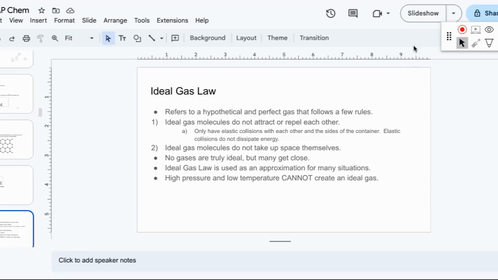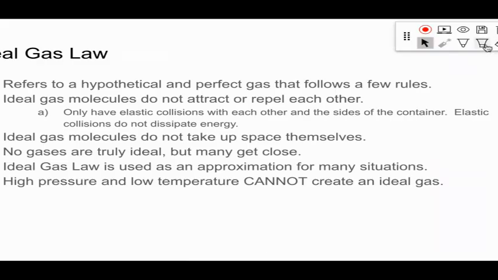The subject for AP is the ideal gas law, but I have to break this one down into a couple of days because AP involves a lot of different calculations with this one topic. So we're going to learn part of the calculations today and then work on more next lesson.